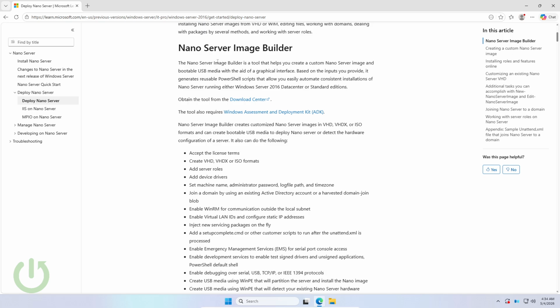So as you can see, Nano Server Image Builder. What is Nano Server Image Builder? This is, I think, important. The Nano Server Image Builder is a tool that helps you create a custom Nano Server image and bootable USB media with the aid of a graphical interface based on the inputs you provide. It generates a reusable PowerShell script that allows you to easily automate consistent installation of Nano Server running either Windows Server 2016 Datacenter or Standard Edition